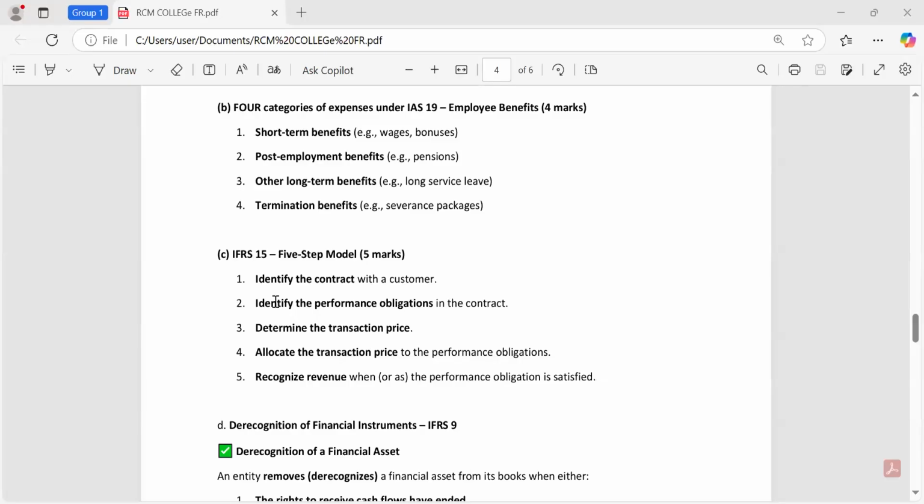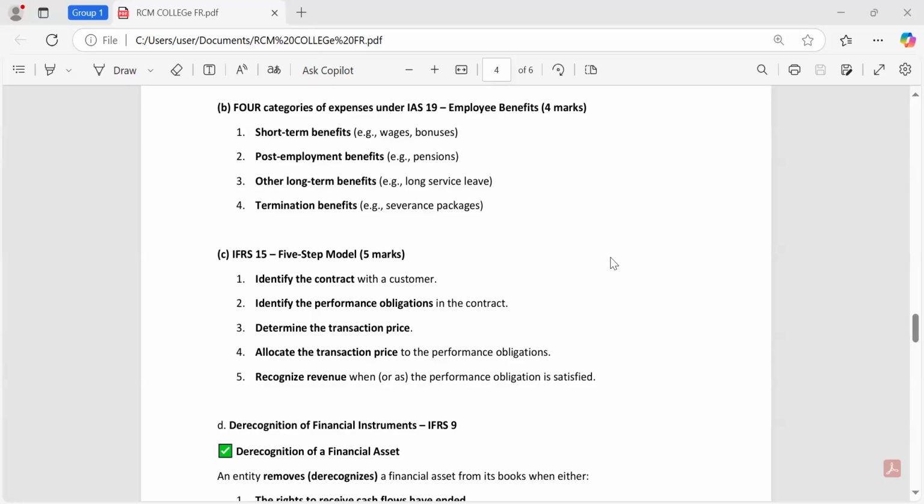All right. So, identify the contract with the customer. This could be like a marriage certificate. In the marriage certificate, ladies and gentlemen, we are saying that every party's performance obligations must be put there. Now that marriage certificate cannot continue, we can only use our example of RCM and Safaricom. So then this internet and these computers, Safaricom, of course, will tell us every month 20,000. You must determine the transaction price, and the transaction price must be apportioned to the performance obligations. If you can't do that, don't recognize the revenue.